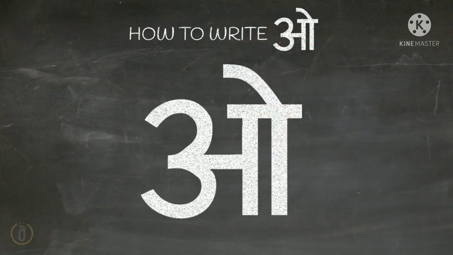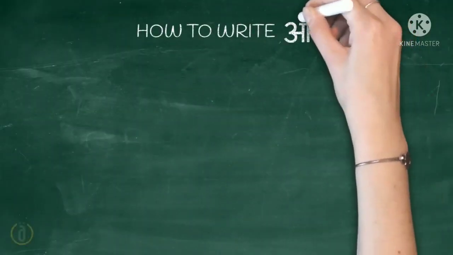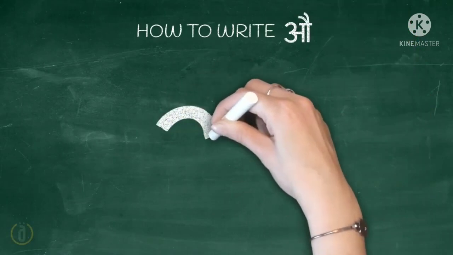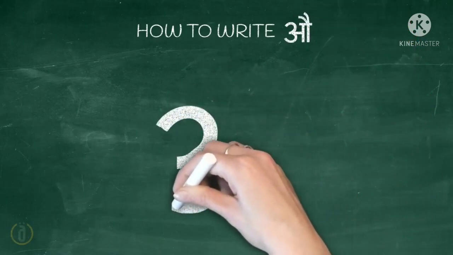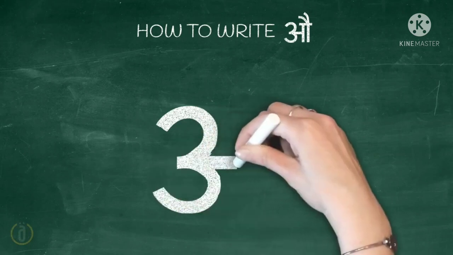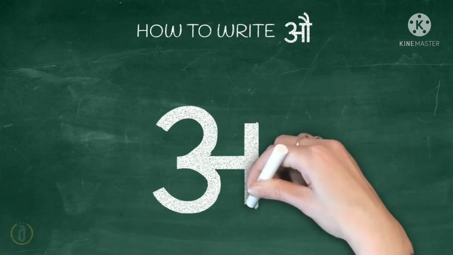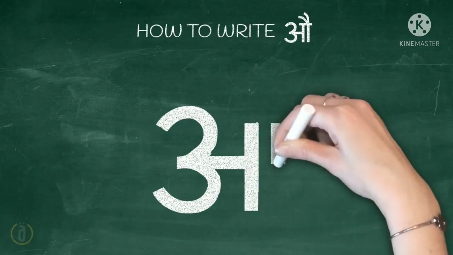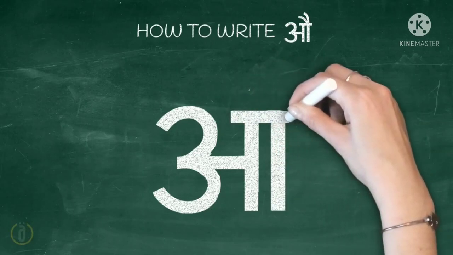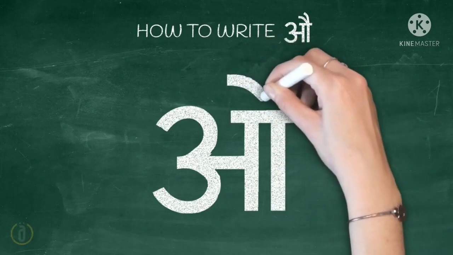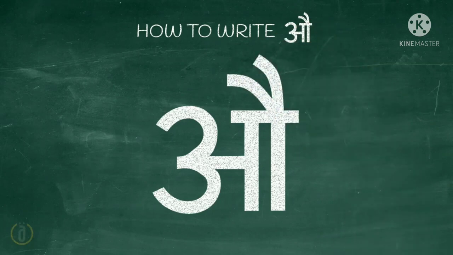This is O. Next, Au. As same as O, like you draw here. First you draw the 3, then you join a sleeping line, and then it joins with a standing line, and another standing line you also draw. Both are also joined with a small sleeping line and you join one hook. But here you draw another hook on the top.